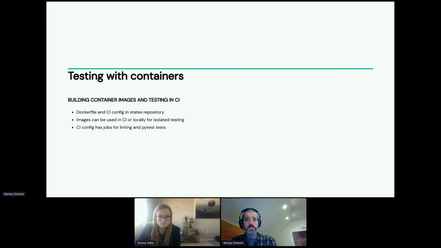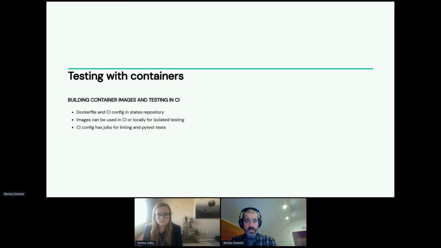Including your Docker and CI config in the same repository as your states means that you can track changes to the build alongside changes to your Salt states and infrastructure. So for example, if you've got to make changes to the OS you're using in the images, and that requires you to change your tests, those changes are stored together, or perhaps you update the Salt version in your container build and have that tied to changes you've made across the states.